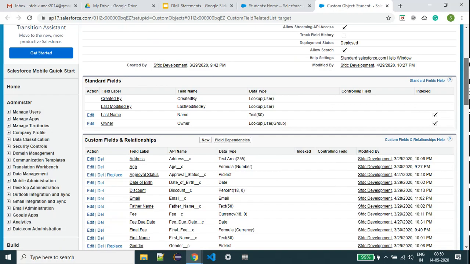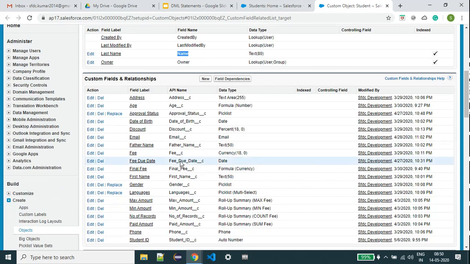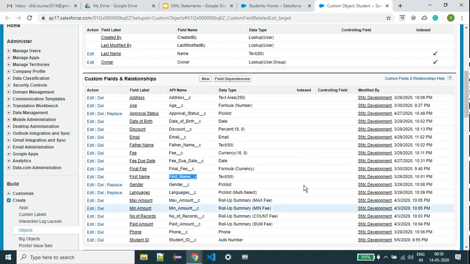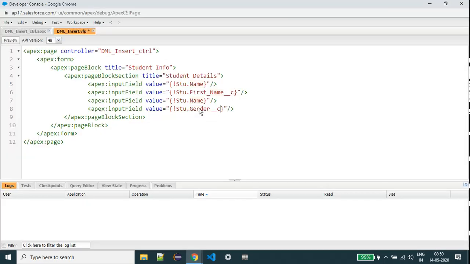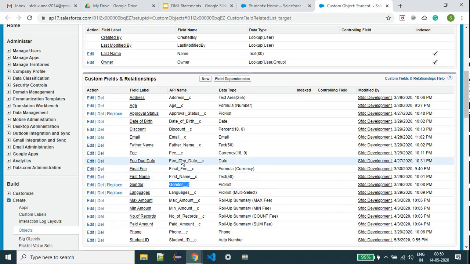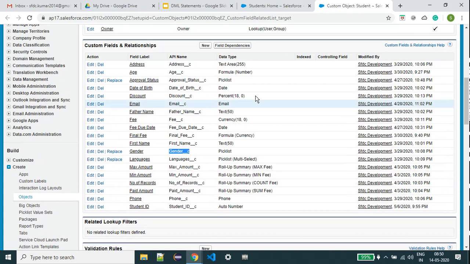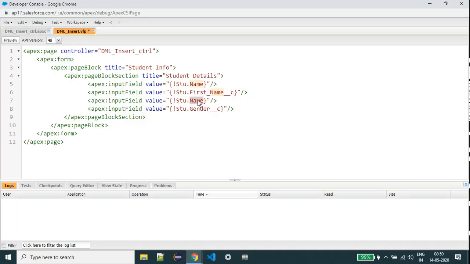So student first name, last name, nothing but the API name is name, and we are picking the first name, and we are picking the gender, and date of birth. So save.